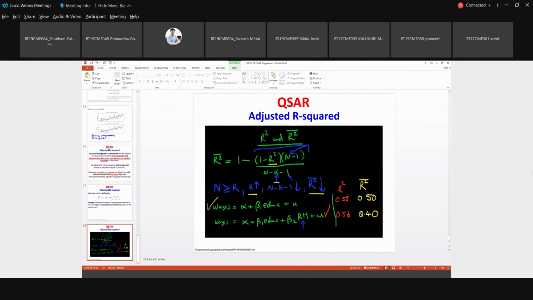Okay, so know these things well. Next time I will give assignment number 3, where you will actually develop the models and compare the different models. I will say, using the best possible model, you yourself take a molecule. You have to create a molecule yourself, and each and every student will be taking a different molecule.